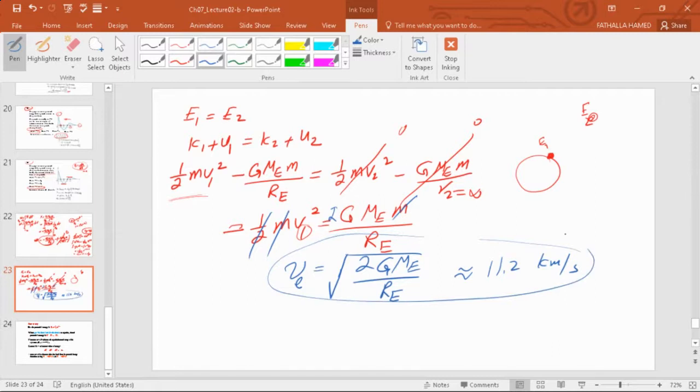Now, just to bring another thing, you may also hear about something called orbital velocity. And orbital velocity comes from the fact that if you have two objects, the force between them will be G, m of the Earth, m of the object over